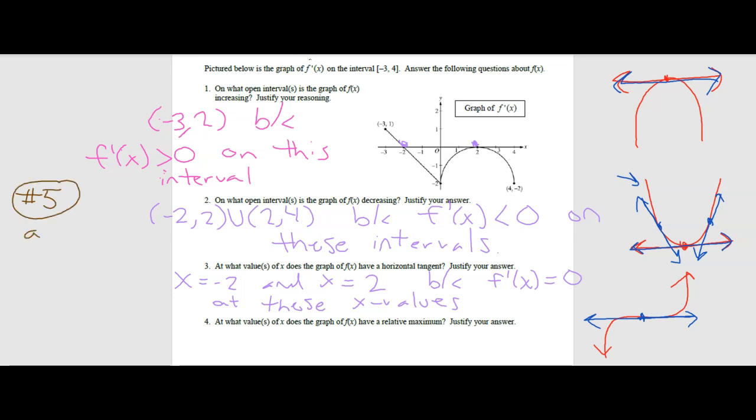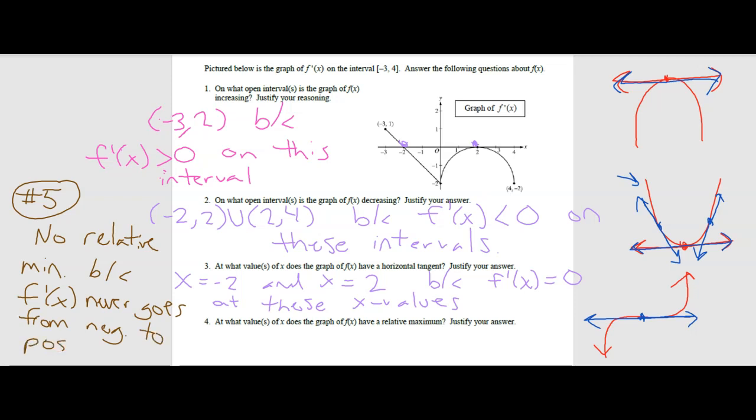So relative minimum at x equals, well, where does it go? Where does the derivative go from negative to positive? It goes from negative to positive nowhere, right? We can see that it goes from positive to negative somewhere, but it never goes from negative to positive. So we will just say no relative minimums, because f prime of x never goes from negative